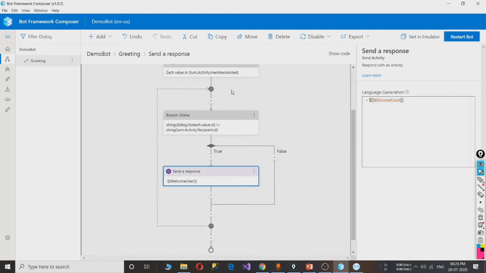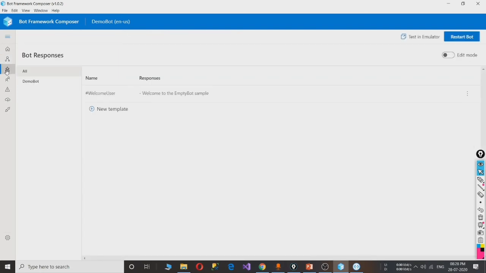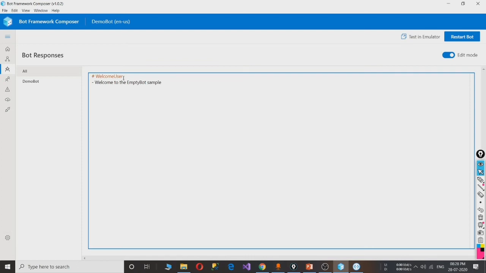For that you have to go to the bot responses tab. Now enable the edit mode. Here you can see the welcome user template, and inside this template you can see this is the greeting message that you were getting when you first started your bot in the emulator.